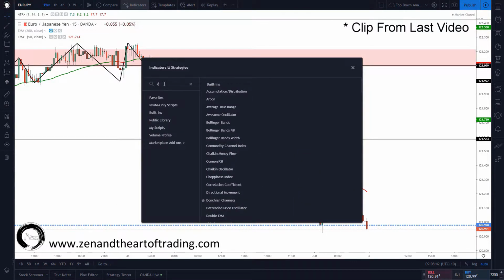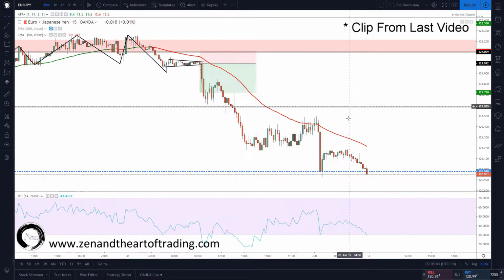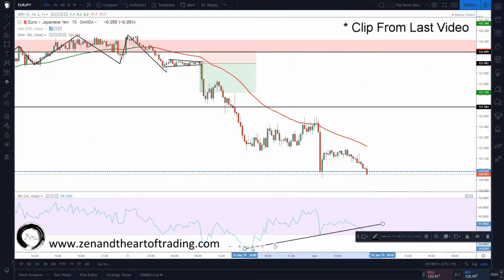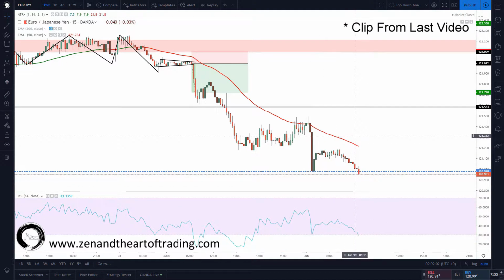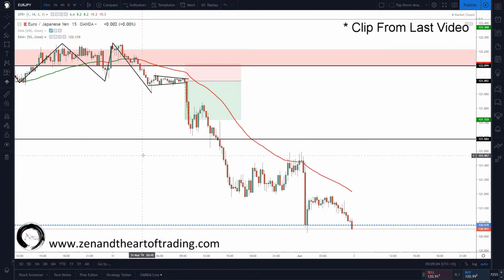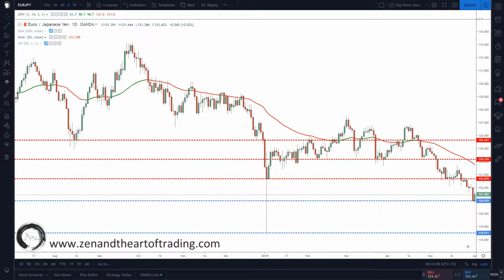Do we have RSI divergence? Probably. Yeah, you can see here the RSI made quite a significant lower low and then a much higher high here. So this zone is probably going to act as support next week, but we'll wait and see what happens there. Now, as you can see, price did react from this zone